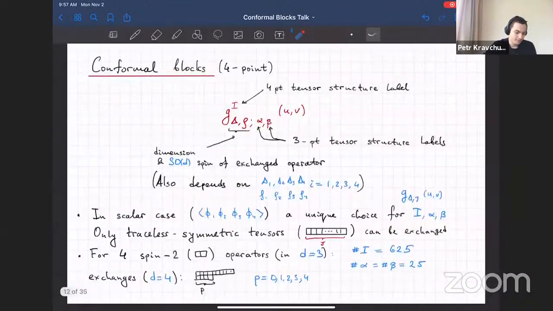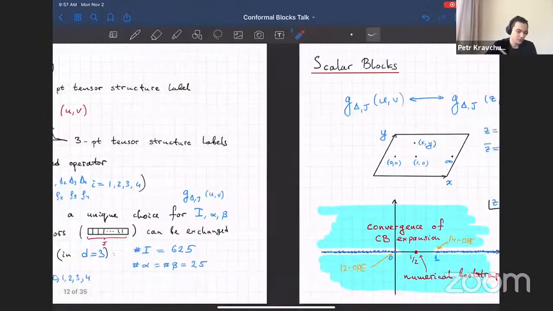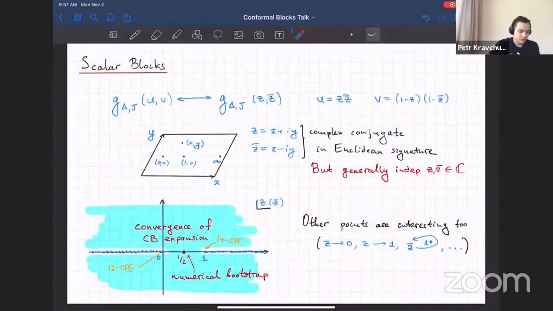Okay. So let's discuss scalar blocks. And scalar blocks, as I said, don't have any indices, so they're functions of delta and j. The cross ratios u and v are nice because they're easy to define in terms of x1, x2, x3, and x4, but they're not convenient for discussing the properties of these functions. So the better set of variables is z and z bar,